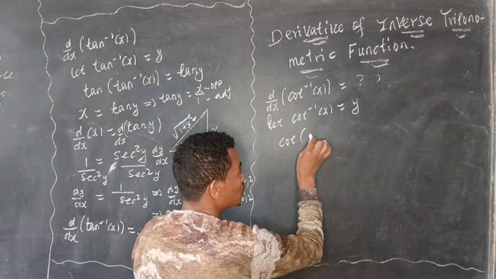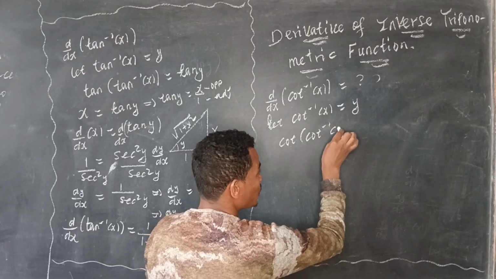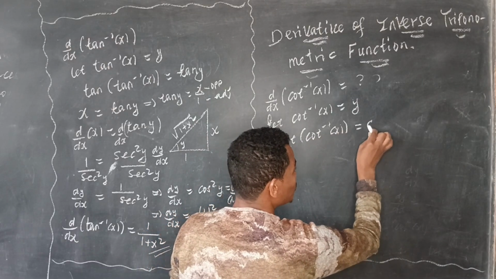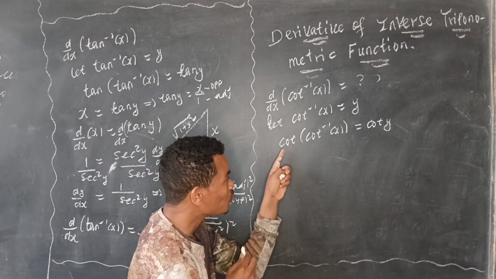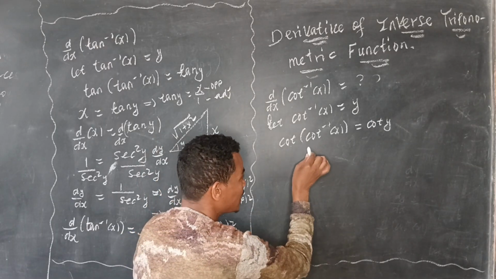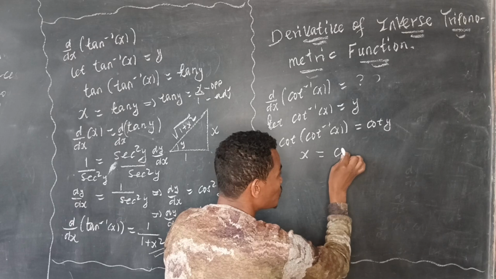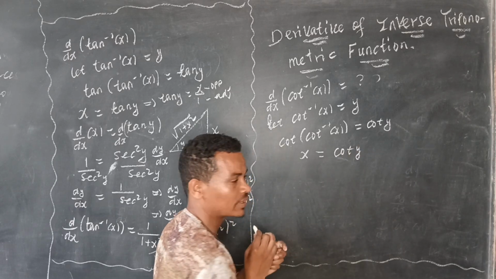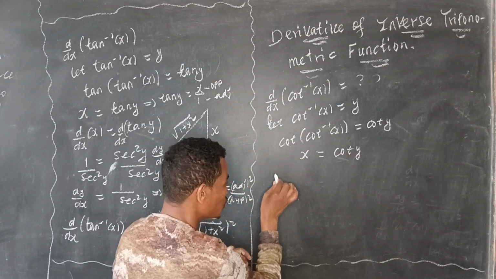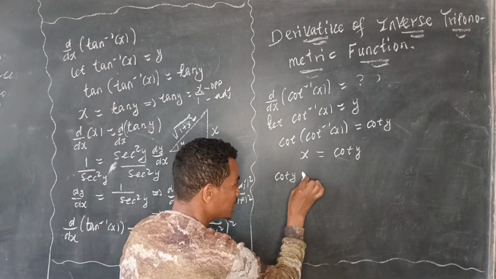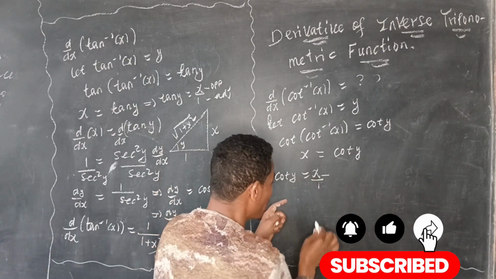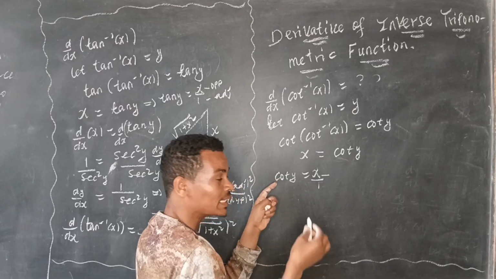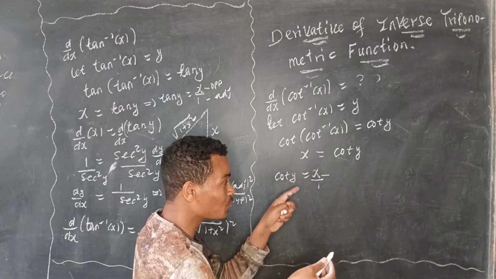Cot into cot inverse of x is equal to cot y. And from this one, cot into cot inverse of x is x, so x is equal to cot y. That means cot y is equal to x over 1. x indicates cot y, which is 1 over tan. Tan is opposite side over adjacent, and cot y is